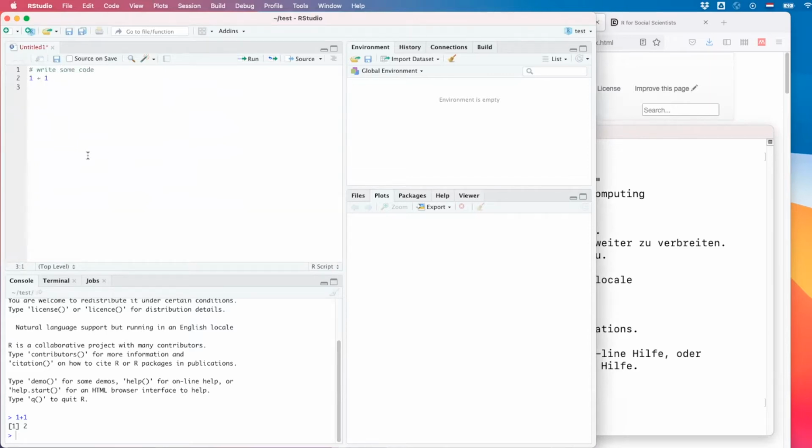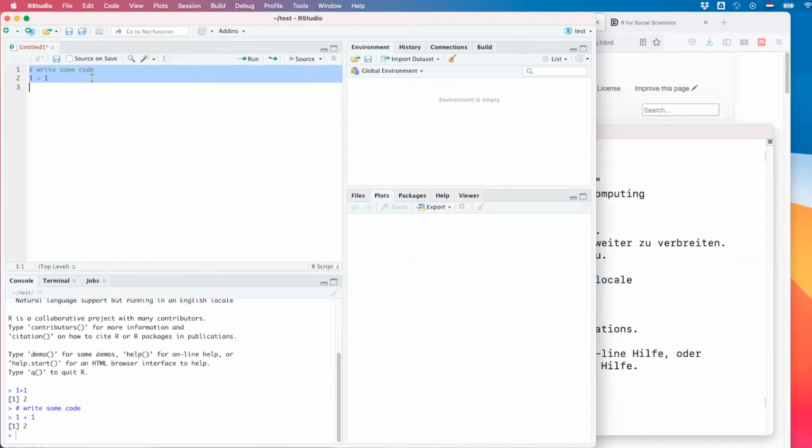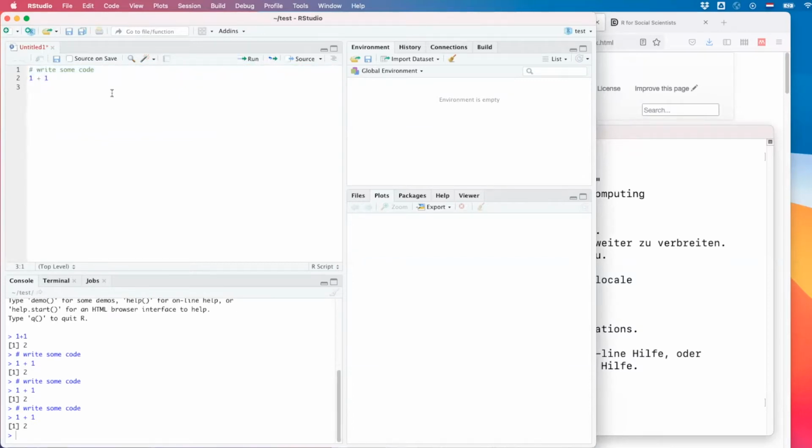And I again use the comment character to explain what I'm doing, and then I'll show some code. I select everything by pressing Command A or Control A on Windows, and pressing Command Enter, and I think Control R or Control Enter on Windows to run my code. So I navigate many things with my keyboard. Right, so Control A, select all, Command Enter to run that piece of code.